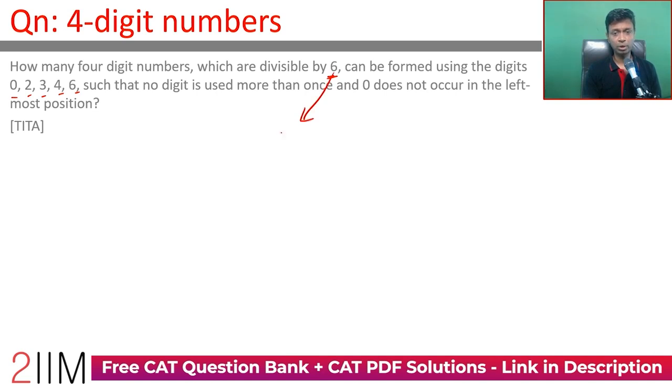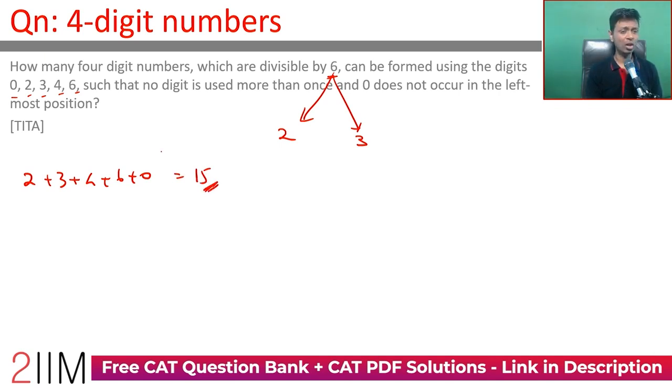It should be a multiple of 6. That means it should be a multiple of 2 and a multiple of 3. So it should be an even number. That's also a multiple of 3. Now 2 plus 3 plus 4 plus 6 plus 0. I added all the digits. 2 plus 3 is 5. 5 plus 4 is 9. 9 plus 6 is 15. This is 15. This is a multiple of